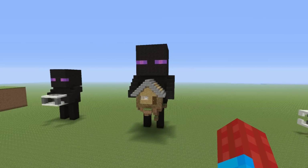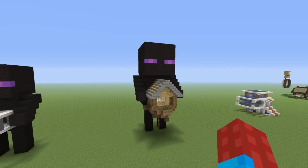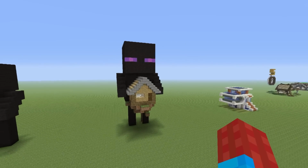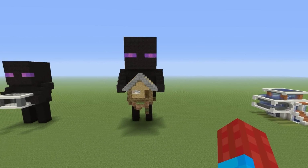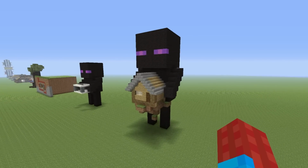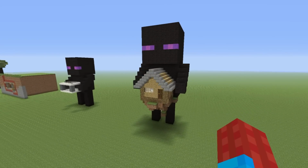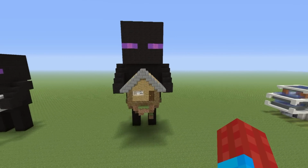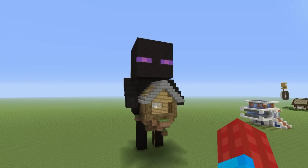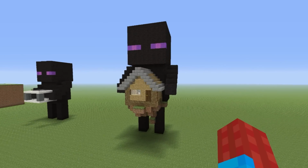Oh, here's another strange one. So this is actually a house that I really love. I love the concept of it. I love how it looks, and I love the idea of it. But that doesn't stop it being kind of a weird house. So this is an Enderman. This is a little mini Enderman. He's very cute, and he is holding a house. He didn't mean to grab it. He wanted the grass block that was under it. But in grabbing the grass block, he now has a little mini house,